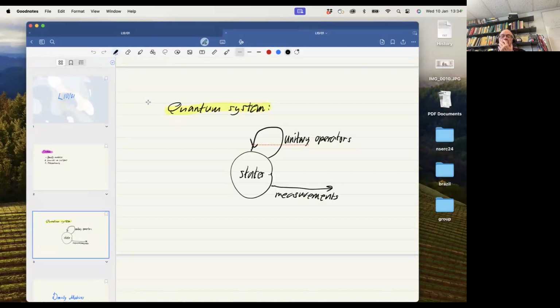Yeah, okay. So I'll continue working on the background. So if I were to start: this is the minimal description of a quantum system. You have a bunch of states, and you operate on states by applying unitary operators to the states. And that's all good fun. But if you want to actually get some information, then at some point you take a measurement, and then you